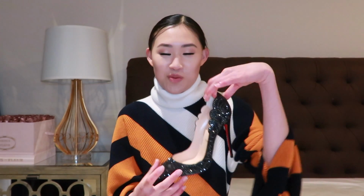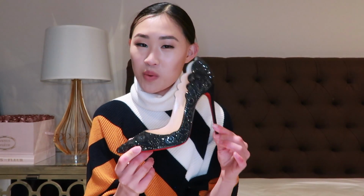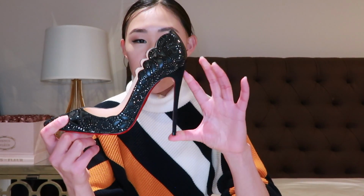So this is the first one. This is a gorgeous pair that I purchased from Saks quite a while ago, and I have never worn these. The reason why I've never worn it is because they're actually a size too big for me. And the reason why I got them was because they were the very last ones and nowhere else carried them. I think this shoe was a Saks exclusive